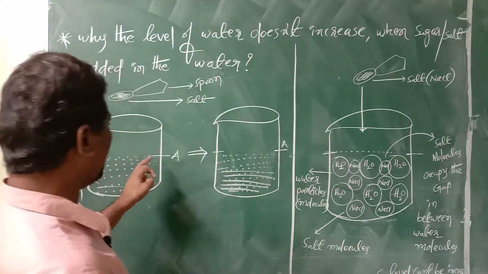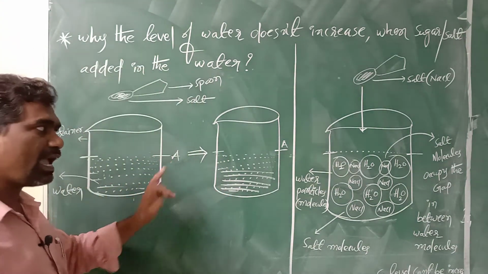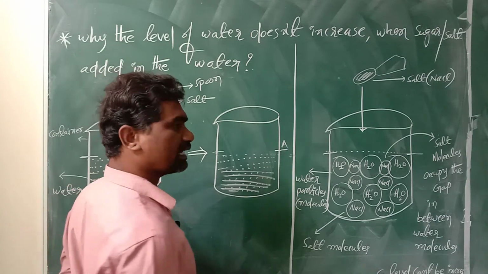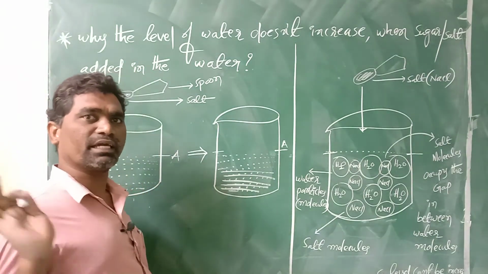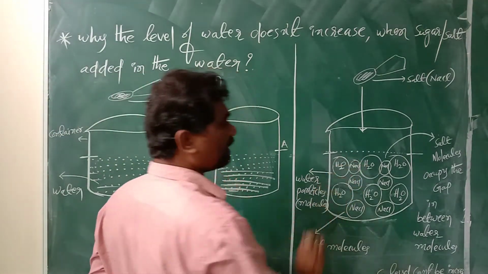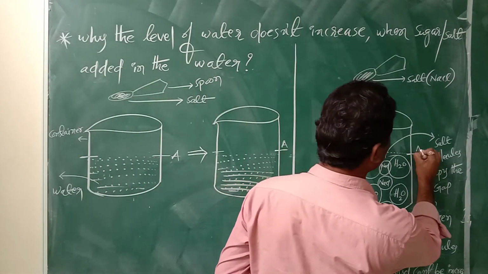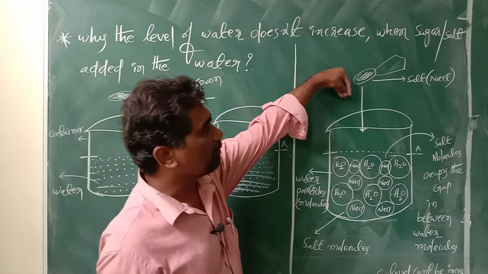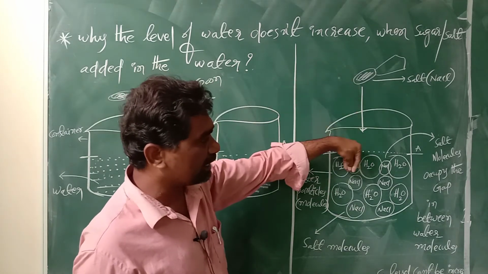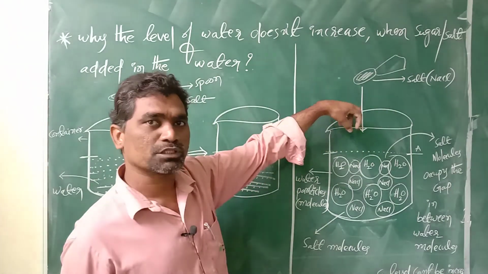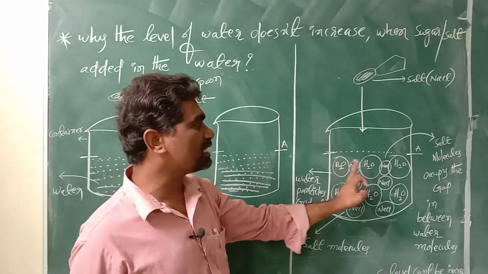Here the level of water is indicated as A. Here also the level of water is indicated as A. Why? Because the level is not increasing. So why is the level of water not increasing? This is the main reason. Because whenever salt is added in the water, the molecules of salt will occupy the space in between